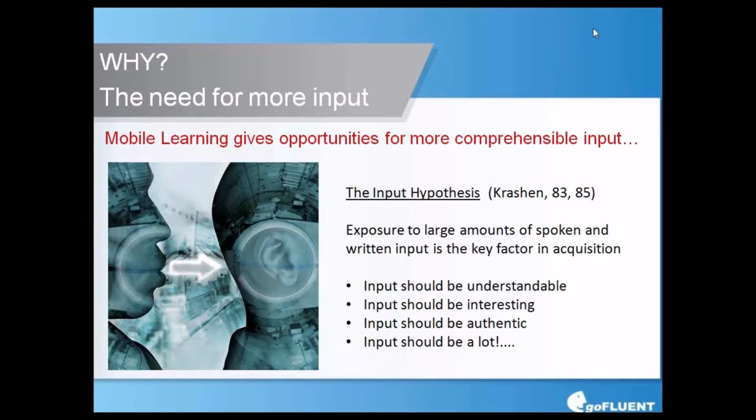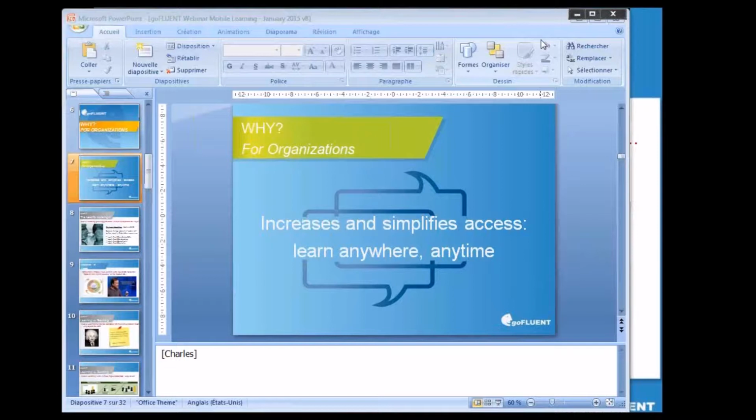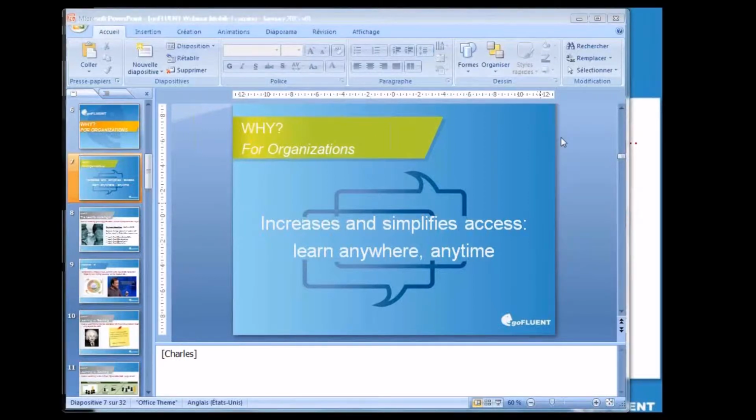There's a researcher named Stephen Krashen who came up with something called the input hypothesis in 1983 and subsequent publications including 85 and 87. And basically his theory, his research,